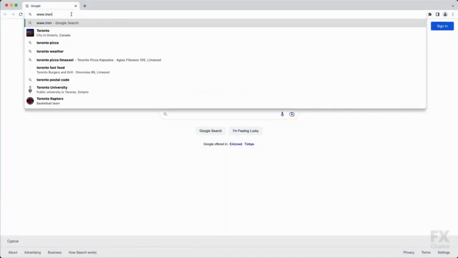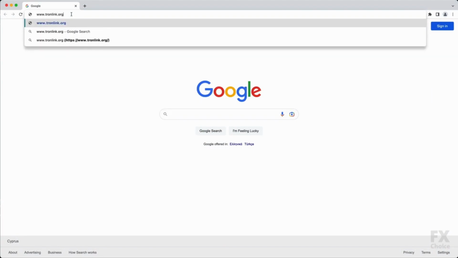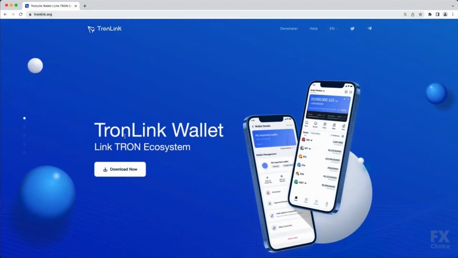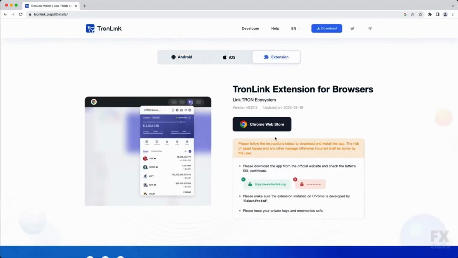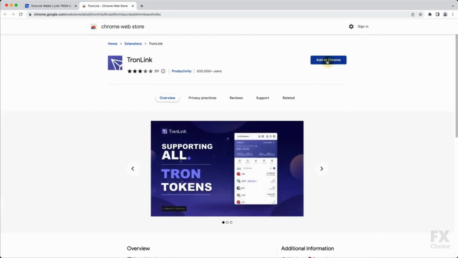Go to www.tronlink.org and click on Download Now to begin. Now select the Extensions tab and click on Chrome Web Store. On the Chrome Web Store page, click on Add to Chrome and then click on Add Extension to have it